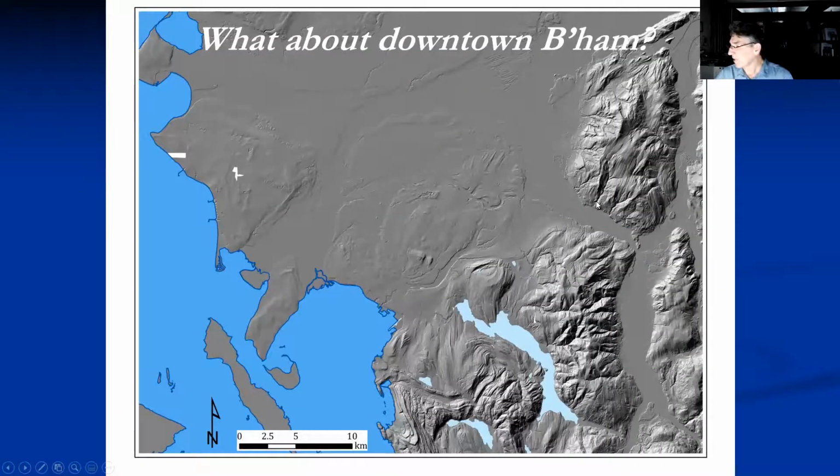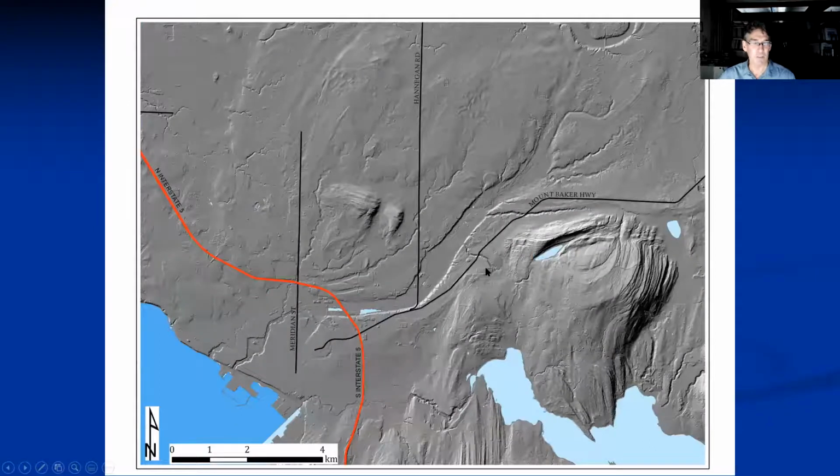Let's really quickly run through what's going on in Bellingham proper. We'll zoom in here just because this is near and dear to my heart, living and working right near this. We've got a couple of very unique landforms here as well. We've got this really flat area that most of downtown Bellingham is built on, and a lot of the houses near downtown. It's a nice flat surface composed of fluvial gravels and sands. It looks all the world like a delta.